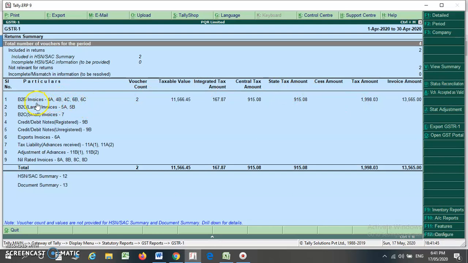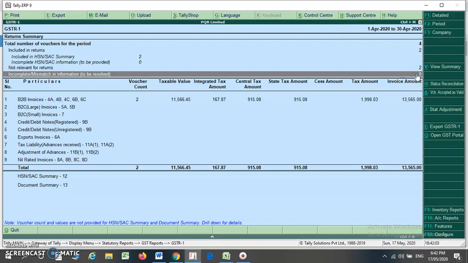You will see that my B2B transaction has 2 vouchers, my taxable value, my IGST, CGST and SGST, total tax value and total invoice value. This is the total appearing at the bottom. You will also see any mismatch appearing here.